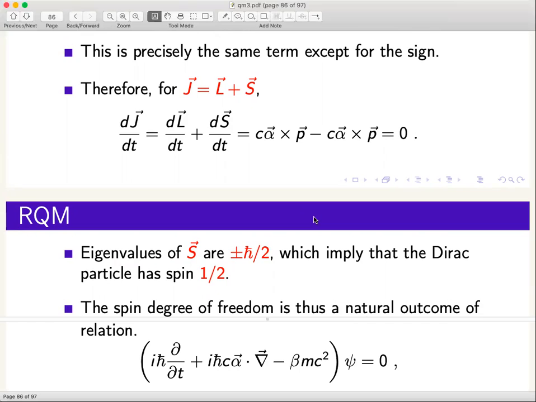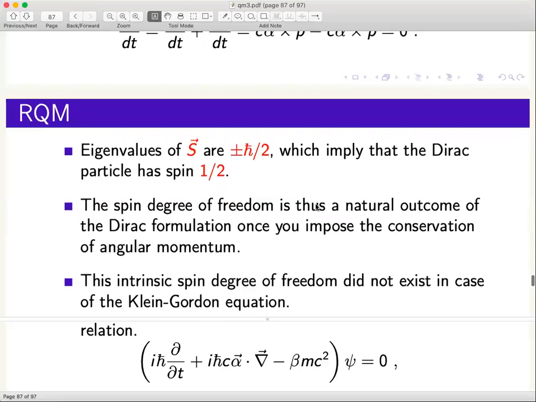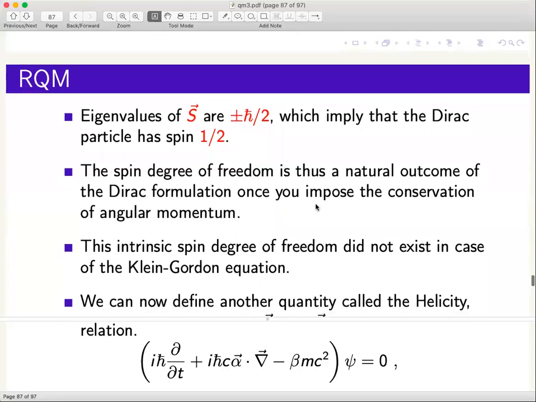Can I really figure out whether this particle has spin half or not? And the answer is yes, you would get it by just demanding that the angular momentum is conserved. Now, of course, you could say that angular momentum conservation is also a consequence of Lorentz algebra. And the answer is in a way yes. Okay. But at least you are not handing over the spin degree of freedom to the representation theory, but you are deriving that as a part of a conservation law. Okay, so it is related, but still a bit of a different derivation. Okay,